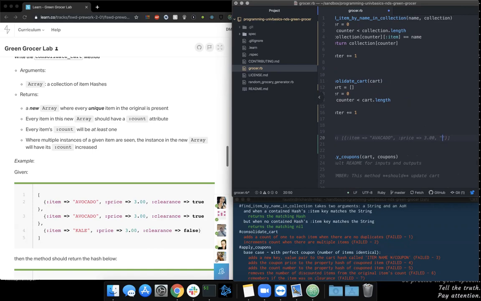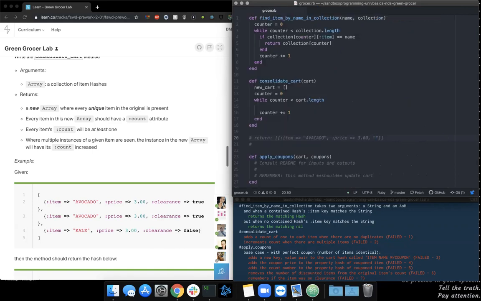I'm going to go ahead and actually collapse this so we get a little more room. So we've got a key of clearance, I said,